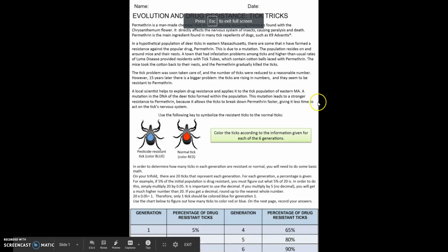Hey guys, so today I'm making a screencast to show you how to do this lab, okay? So here's what we're going to do. You're looking at